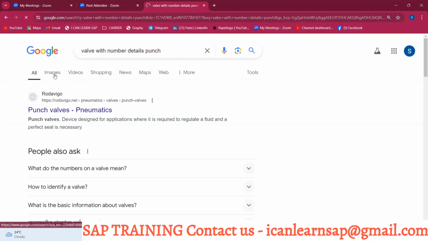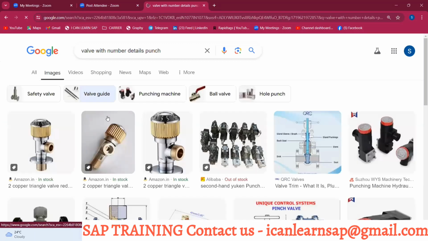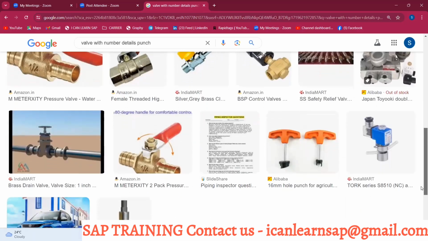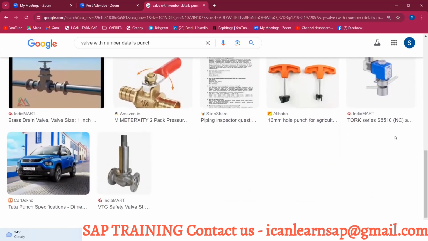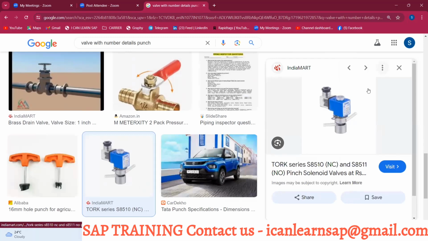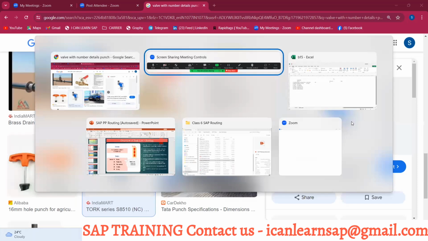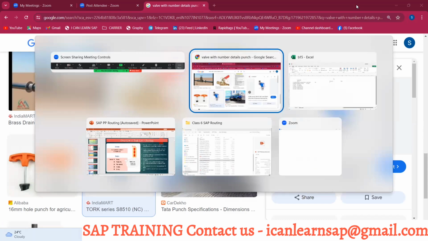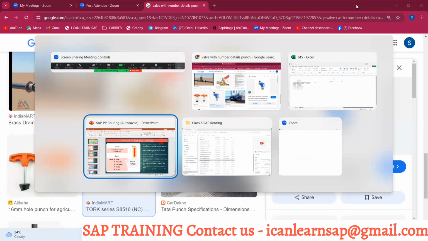So what about bulk materials, sir? Will that concept be applicable? Bulk material is something different. Okay, we are going to talk about it when we learn MRP. I will talk about that. Okay, sir. Is this clear on this part? Yeah, clear on this part. From the BOM perspective, yes, definitely we should have all the details. The last time I also told you, whatever you are going to create,